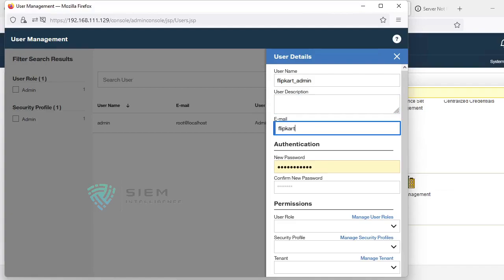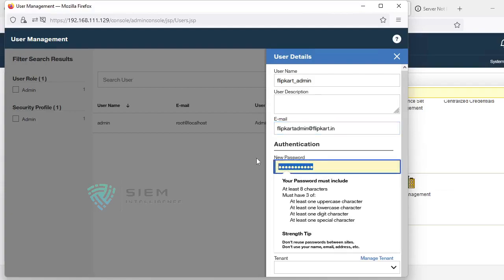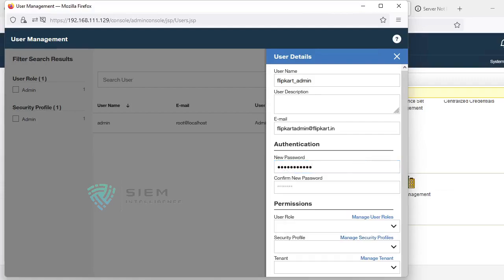Flipkart admin at flipkart.in. Okay. I'm giving a password, admin at 12345, a standard password. Confirming, admin at 12345.